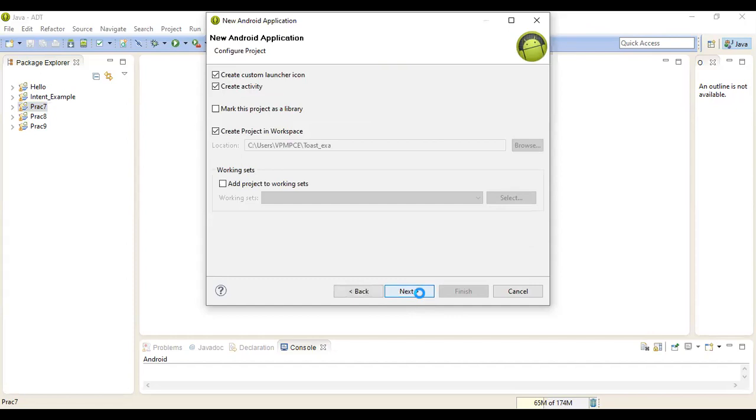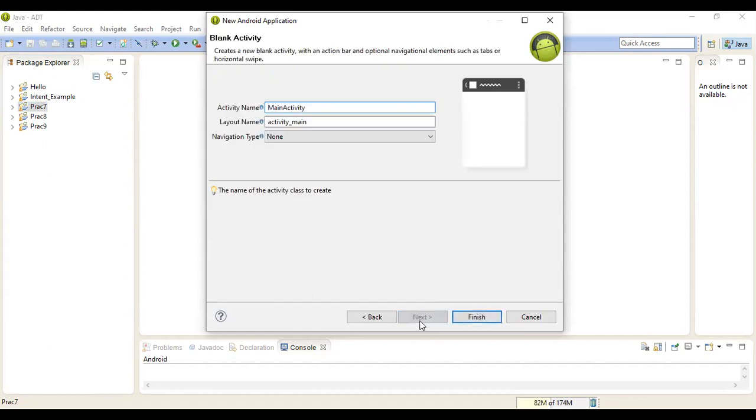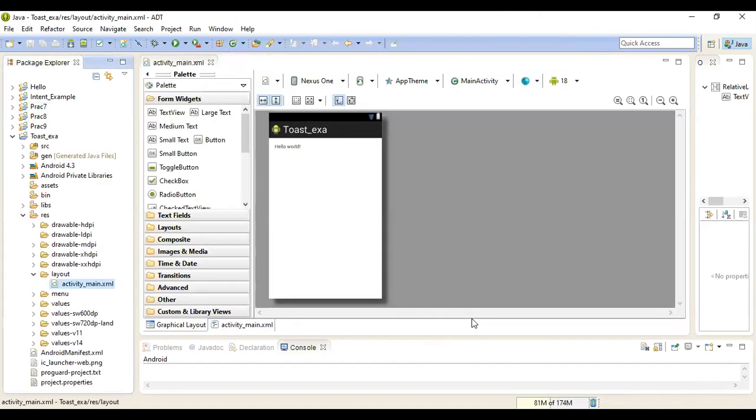Next. Select blank activity. Next. Our Java file name is MainActivity and the layout file name is activity_main. Now finish. So our Toast example application is created now.